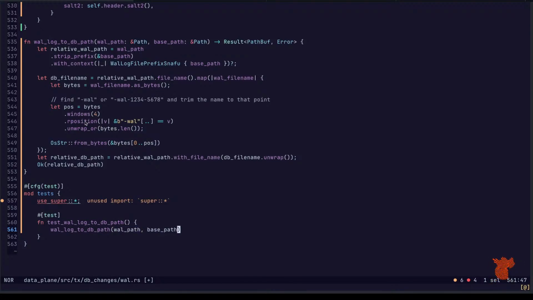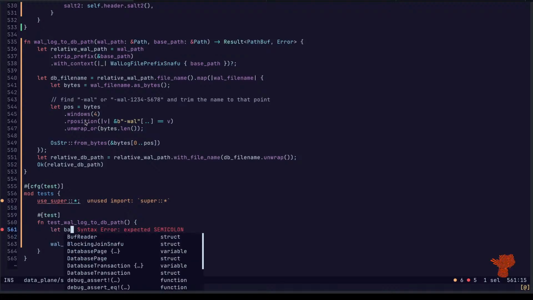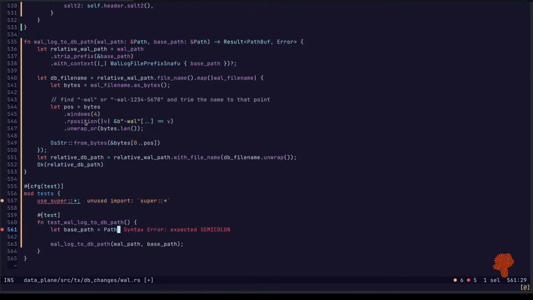Now we need two paths. Let base path equals path buff.